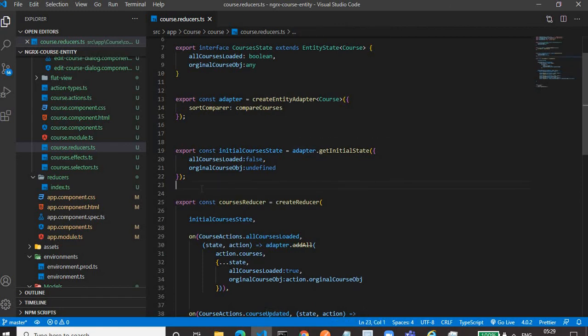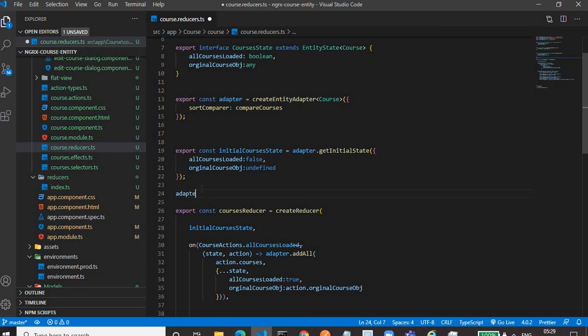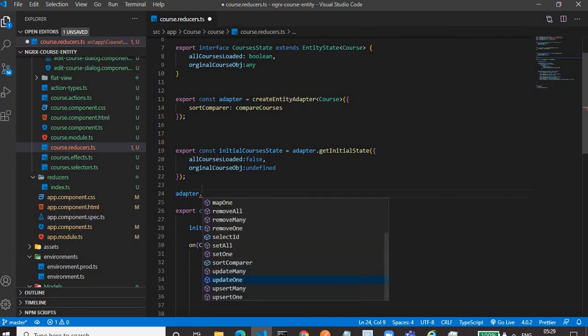Just below that, write adapter dot, and we will get this many methods: removeAll, removeMany, removeOne, selectId, selectAll, getSelectors, updateMany, updateOne. Then you will see the getSelectors method, getInitialState method, addOne, addMany.